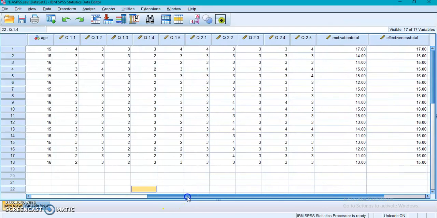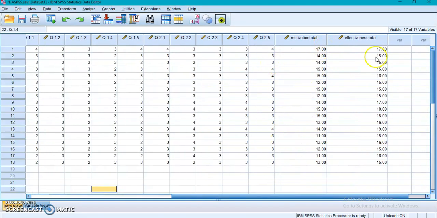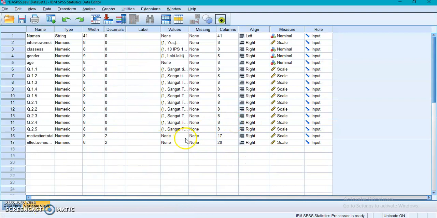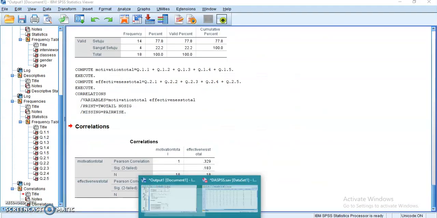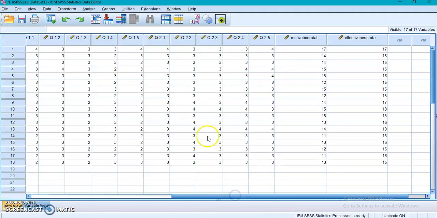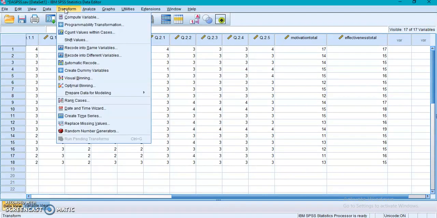Now we can see the result of the motivation and effectiveness variables. I will make the decimal 0. Now to find the